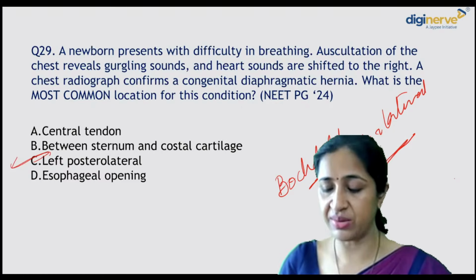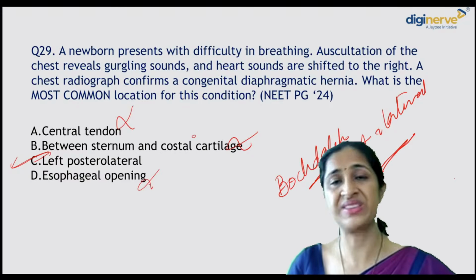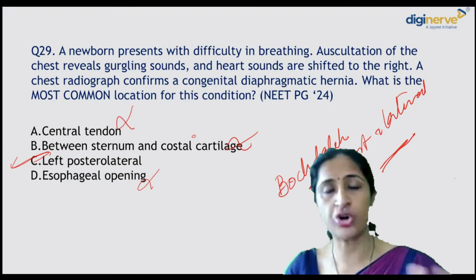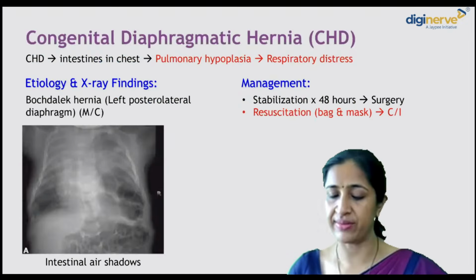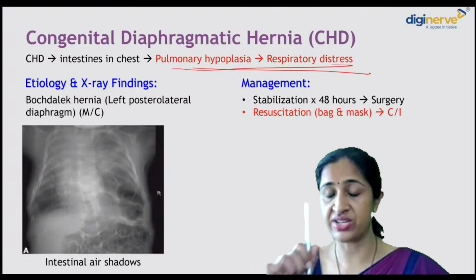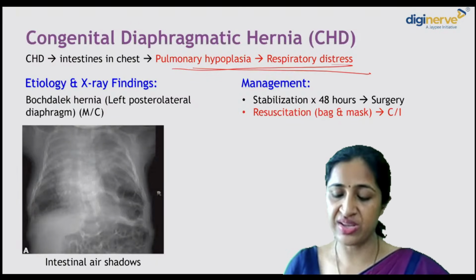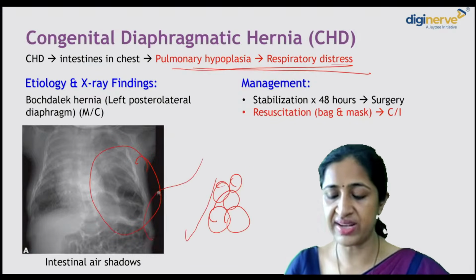Now, sternum and costal cartilage are wrong answers. Central tendon and esophageal opening, that's the hiatus and the Morgagni's, are not common. Commonest is Bochdalek hernia, which is the left posterior lateral. So this is the only contraindication for bag and mask. Here you will find bubble-like gas shadows in the chest, heart shifted to the right side,